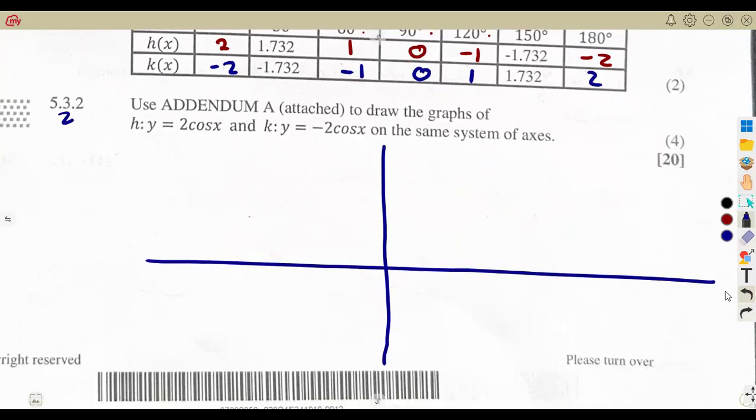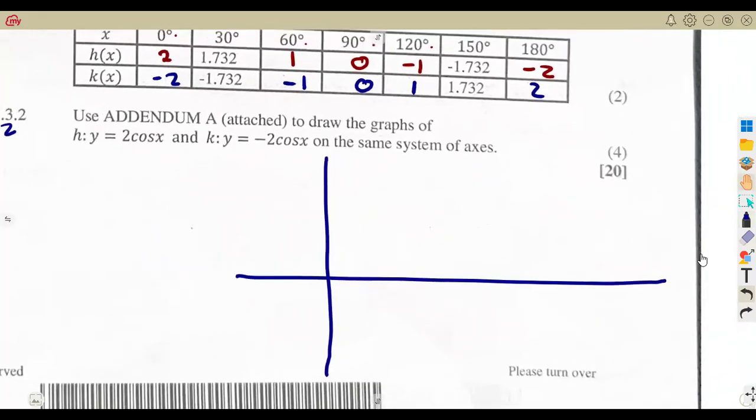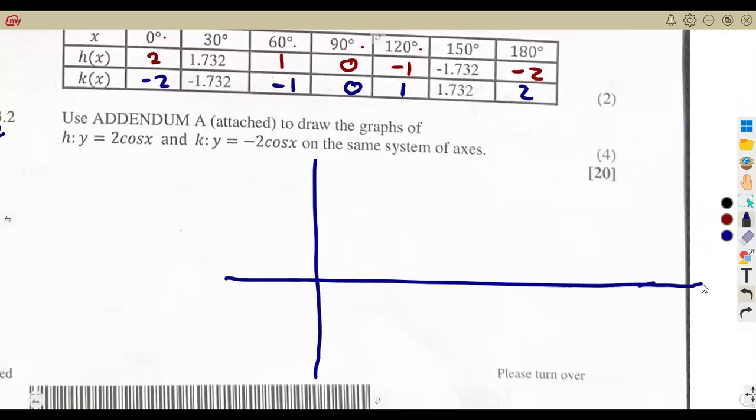Definitely you will be having the x values and the y values. So with the spacing of what you're given, that's 0, 30, 60. This is the spacing that you have. So you're going to have 30, 60, 90, 120, 150,